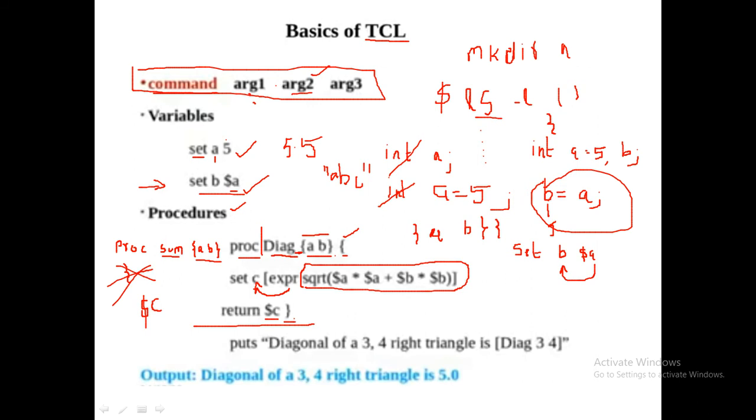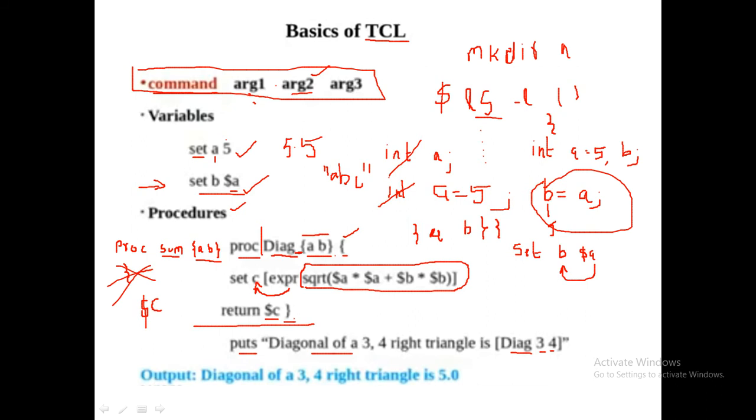So now we are going to call this procedure. How do you want to call this? I'll say puts. Now puts is a command through which you display content on your screen in your TCL scripts, right? Puts in double quotation marks, some text, and then the value 3 and 4 something is equal to. Now you see here this is the procedure name diag. It takes 2 arguments. You give 2 arguments, 3 space 4, inside the square bracket: diag 3 4.